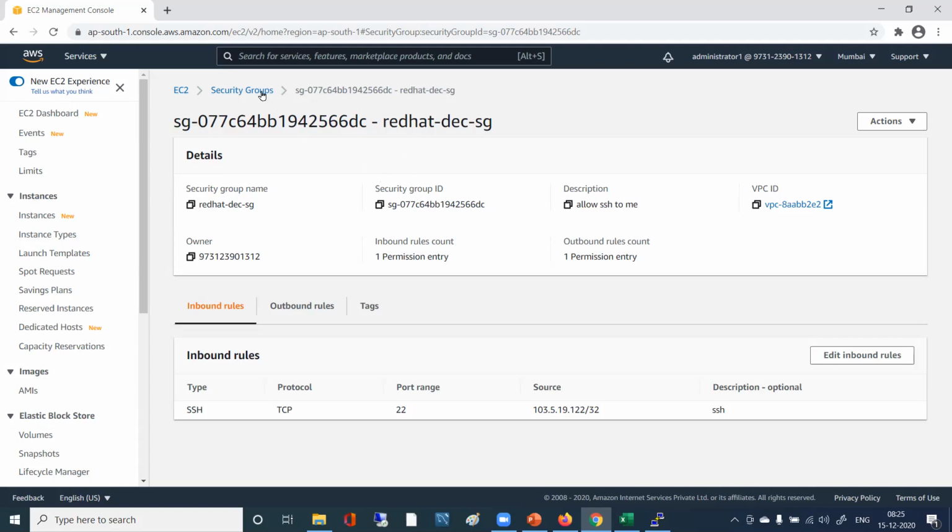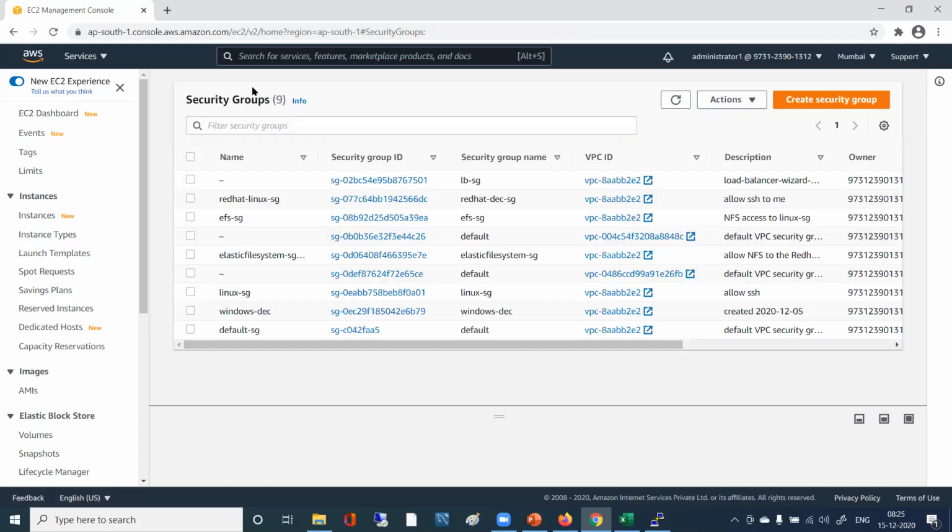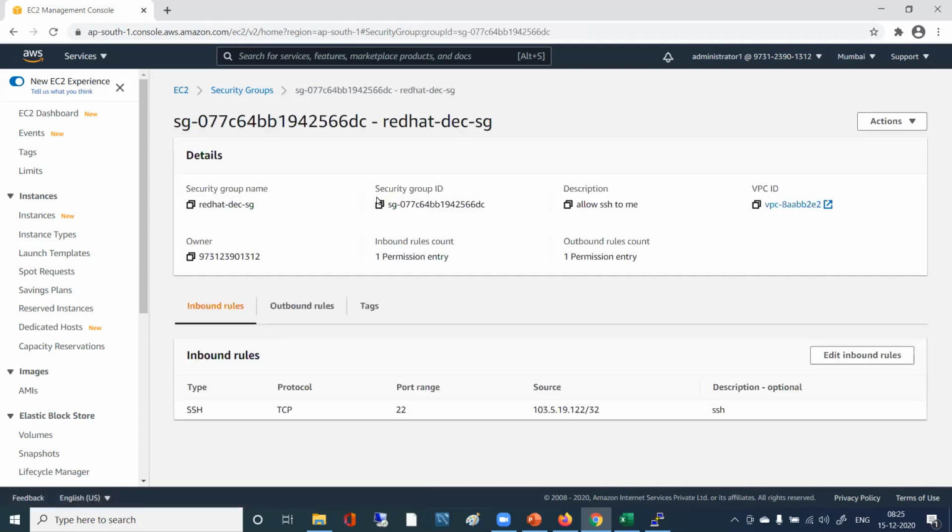So what you can do here, you have the security groups. Whatever the security group is, like the elastic file system, Red Hat Linux security group or something. Just a minute.